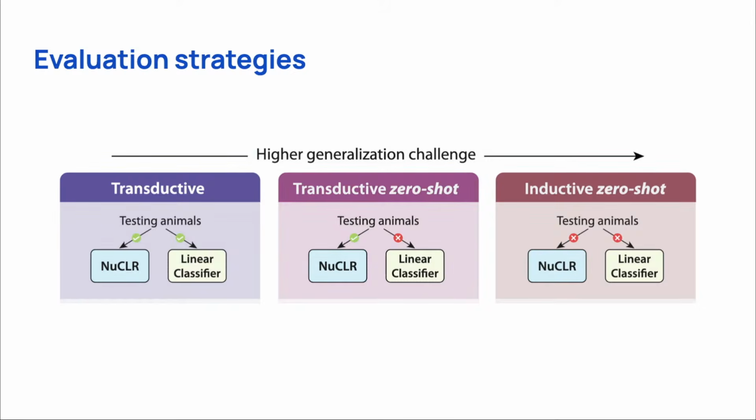The first being you can do the pre-training with the self-supervised loss and training on some set of neurons from the same animals, both for your self-supervised as well as your linear layer that you're using to decode the brain region and cell type. This is a case where we can only use the testing animals in the unsupervised pre-training, but we don't get any examples of the cell type information from the test animals. And then this is the fully zero-shot mode, where we don't see any of the test animals in the self-supervised pre-training or in the training of the linear layer.